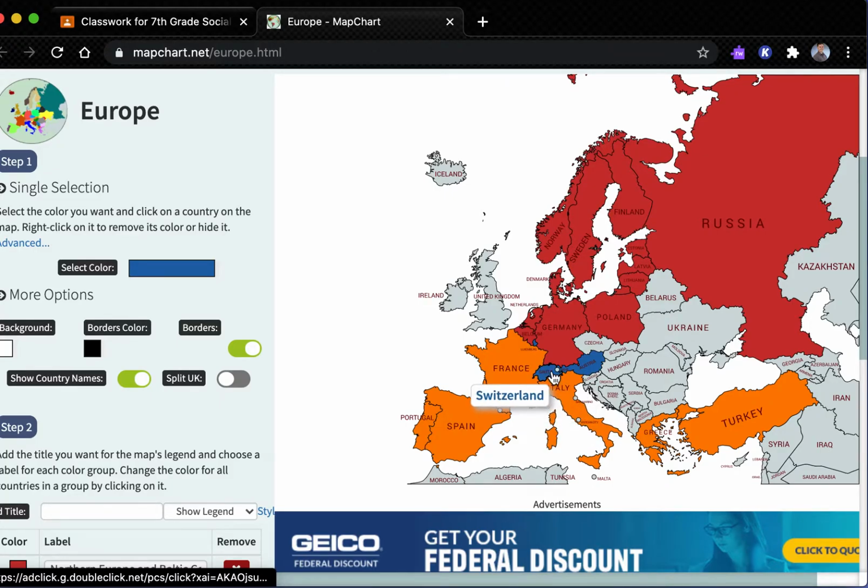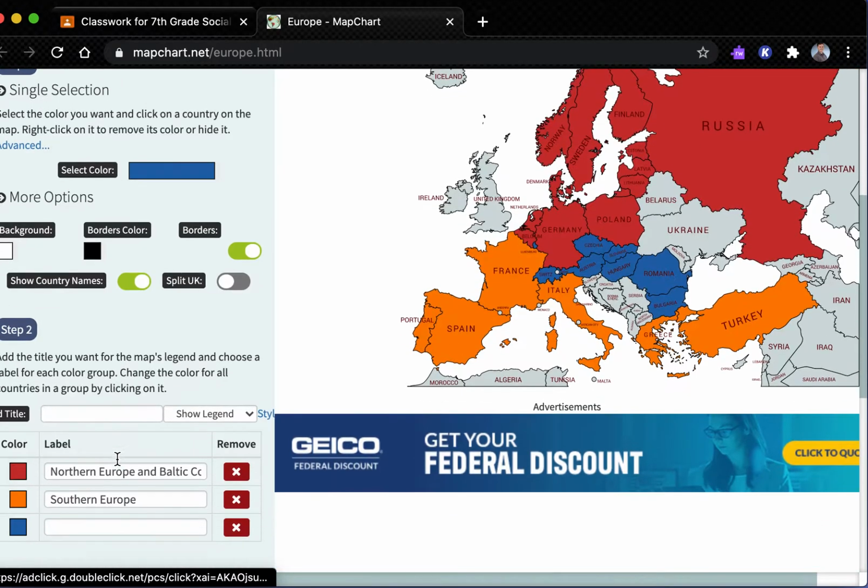I want you to click on Hungary, Czechia, Slovakia, Bulgaria, Romania, and I did Hungary already. So this is Central Europe in here. We can start to see the different sections on our map. We have our orange section, we have our blue section, we have our red section. Make sure to label this